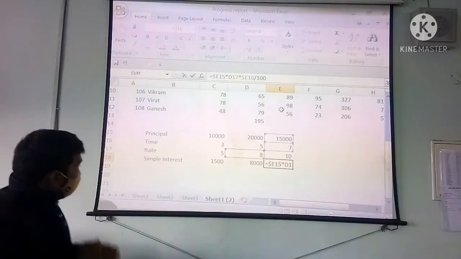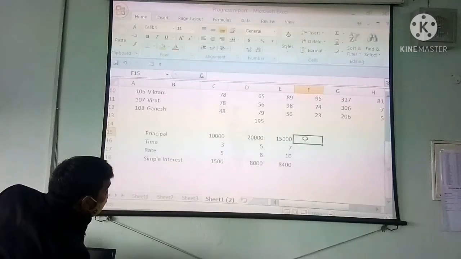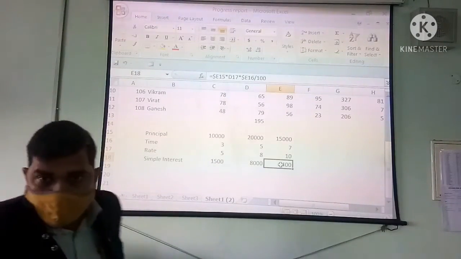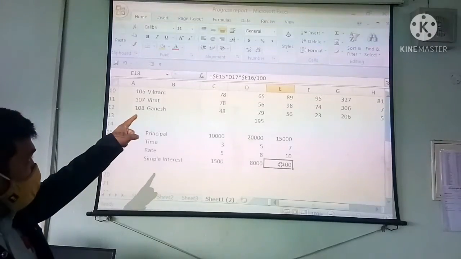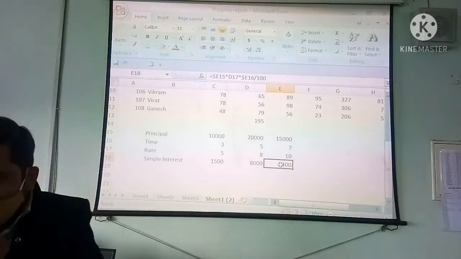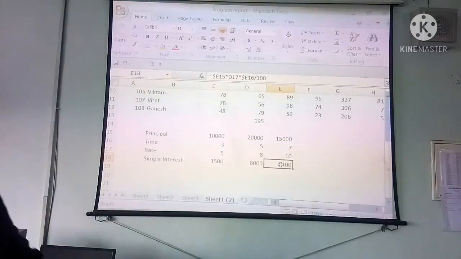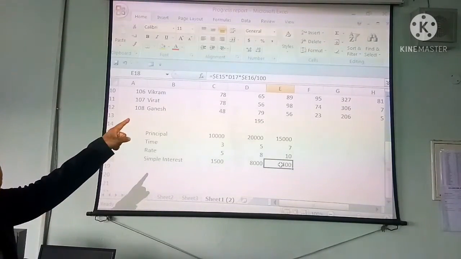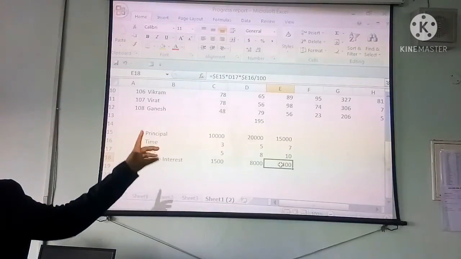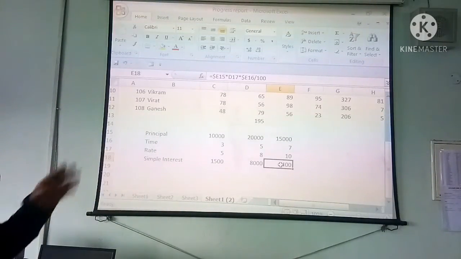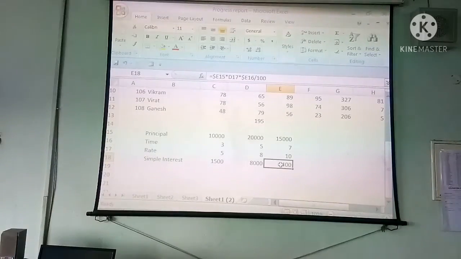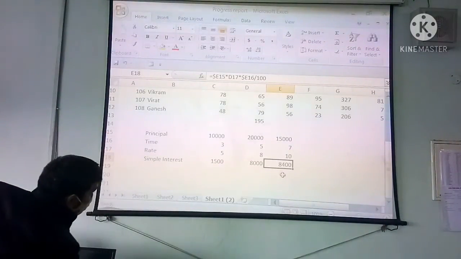Now see what we have done. In this formula you will find that the group, that is column E, column B, we make constant. We put the dollar symbol before it. This is the absolute reference. And row 15 is relative only, because before the row number we don't put the dollar symbol. This is called the mixed reference. Now when I copy and paste the formula, the row will change, the column will not change. So see, we will apply this.